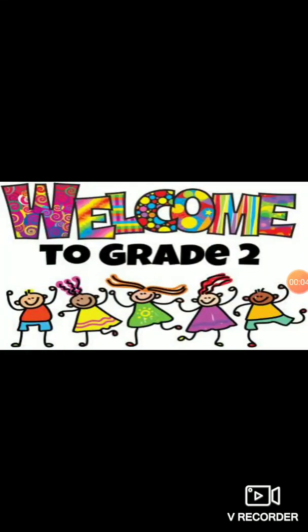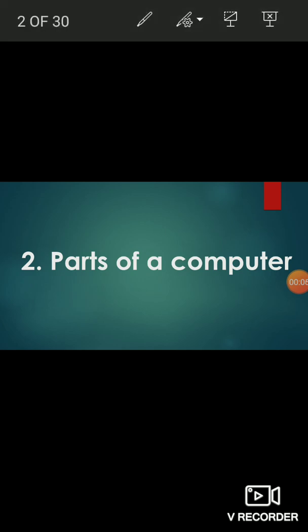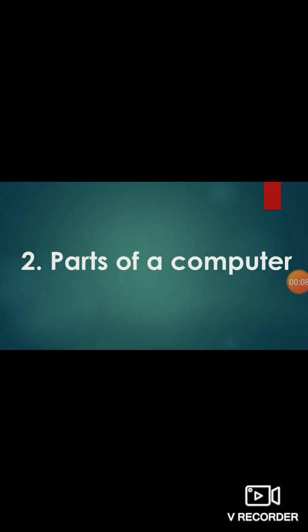So now we are going to discuss the second lesson, parts of your computer. So what is the lesson name? Parts of your computer. In the world, we have a lot of things like a bike, car, cycle, plants, humans